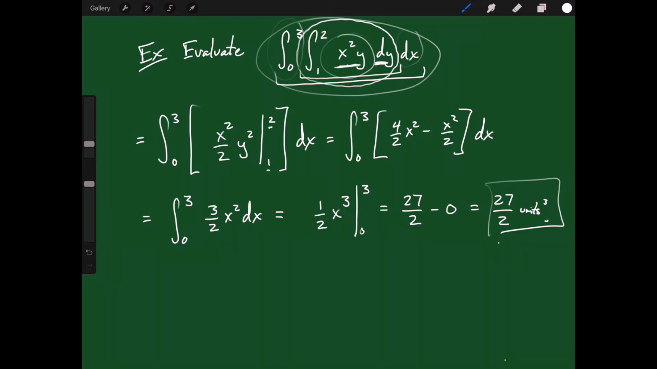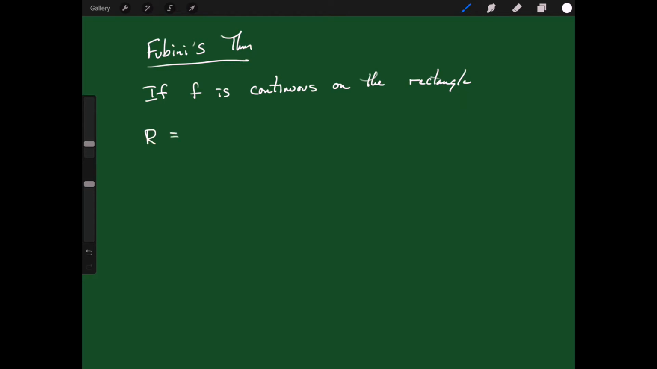Okay, so now I need to write down something that we call Fubini's theorem. And Fubini's theorem says the following. If f is continuous on the rectangle, capital R is equal to all the points xy such that a is less than or equal to x is less than or equal to b, and c is less than or equal to y is less than or equal to d,